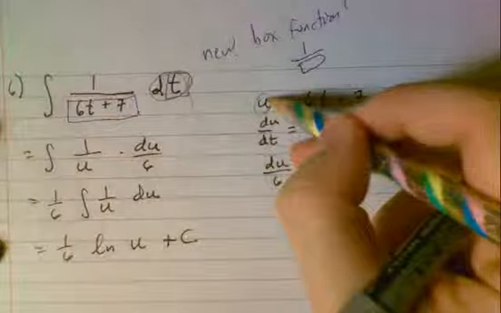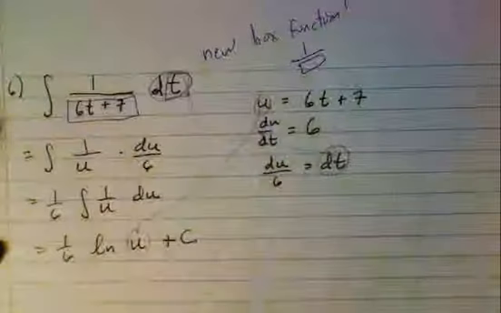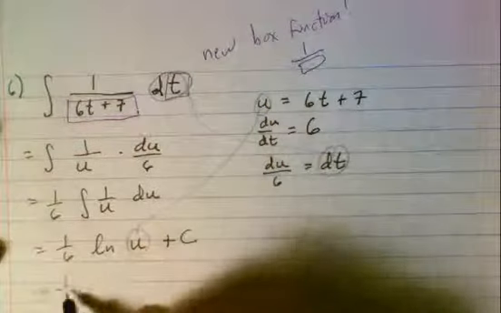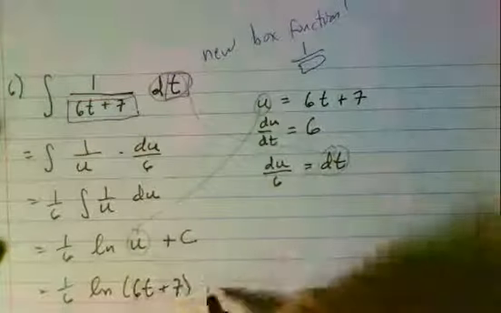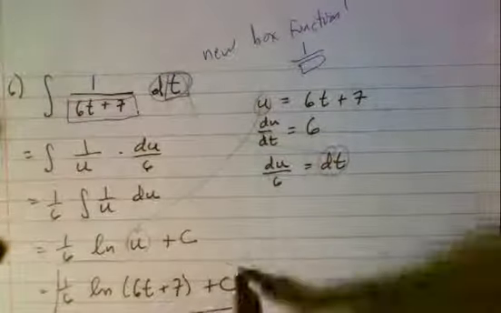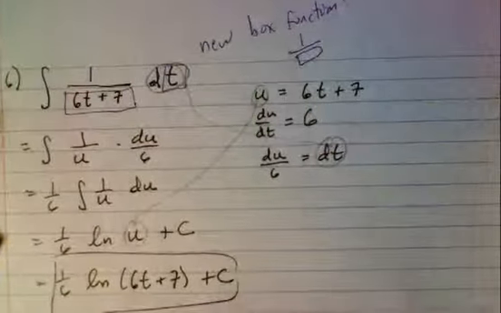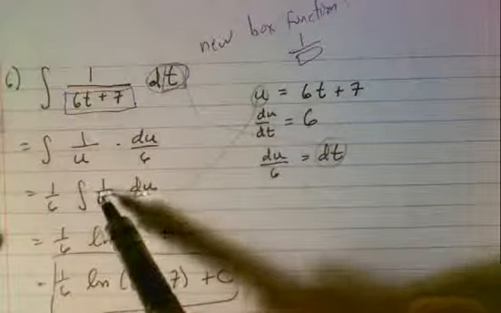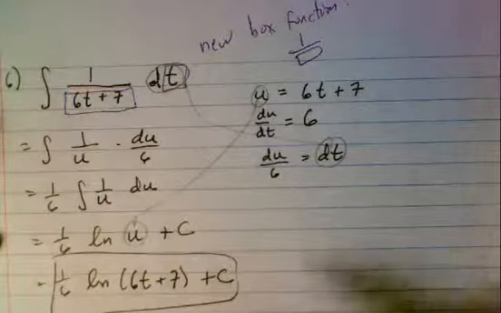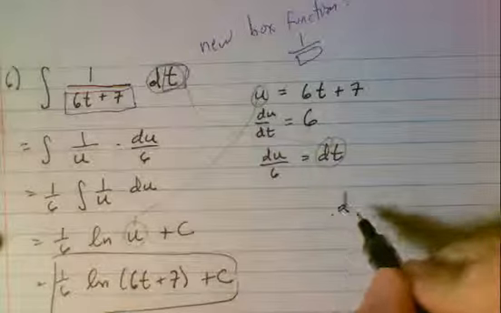Now we put our u back in. And there we go. This is an incredibly important rule to memorize. The antiderivative of 1 over u is natural log of u, because when it comes time to do our check,